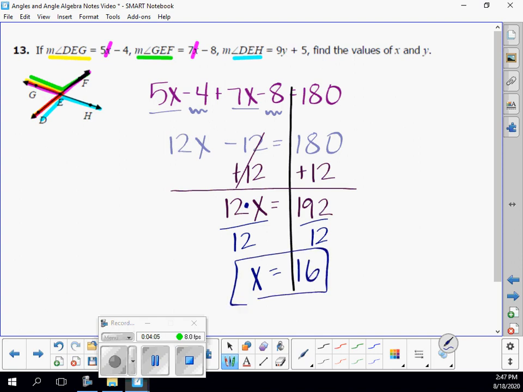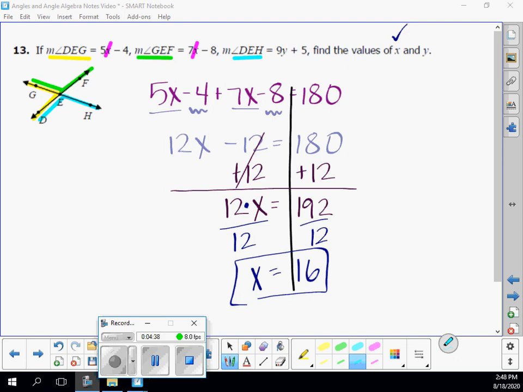Now that's one thing they asked for. They said find the values of x and also y. So I have to go back through and find y. Now there's multiple ways you could pair this together, but I would like us to look at green and blue together. So I'm going to kind of clean up that picture really fast. Again, I recommend that we use colors if we can. So if I'm looking at green and blue, well, if I notice they're not touching anywhere,